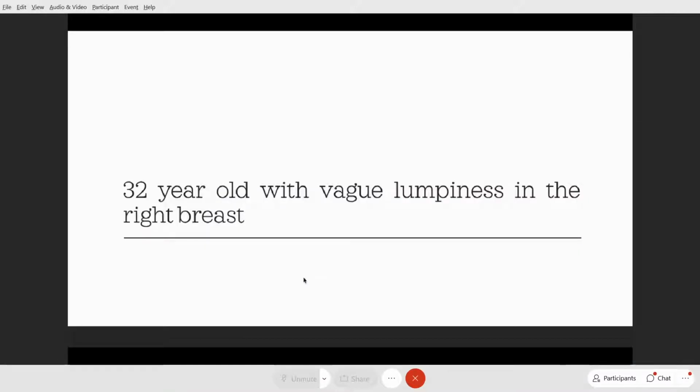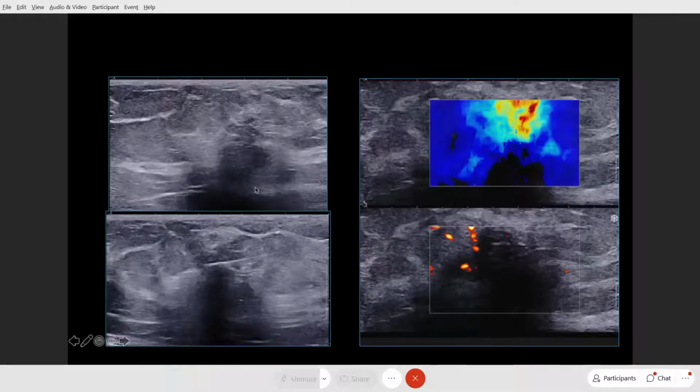This is a 32-year-old lady with vague lumpiness. So she was very young when I examined her. It was not felt like a lump. There was some abnormal thickening, which she called something abnormal, I feel. And this lady is in fact very good that she felt this abnormality and has come for our medical attention. So when I did a careful targeted ultrasound at that area, you can see a small non-mass abnormality, which also shows higher elastography with increased vascularity at that site. This was targeted and biopsied, and it was reported as DCIS.